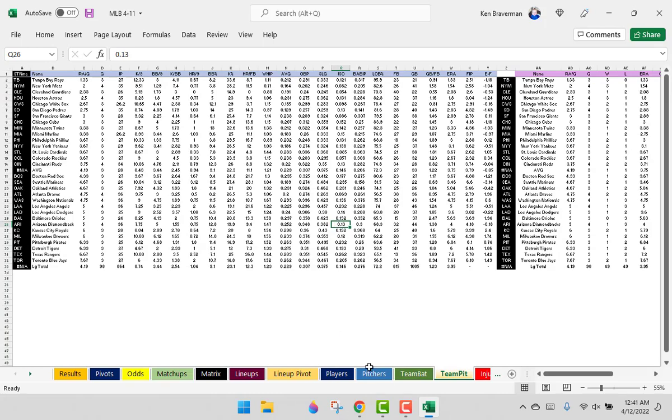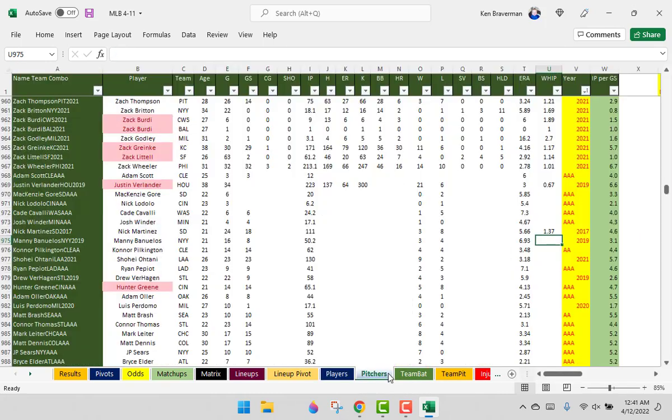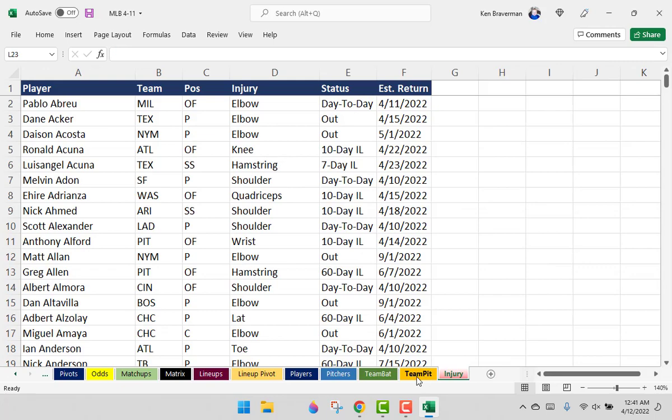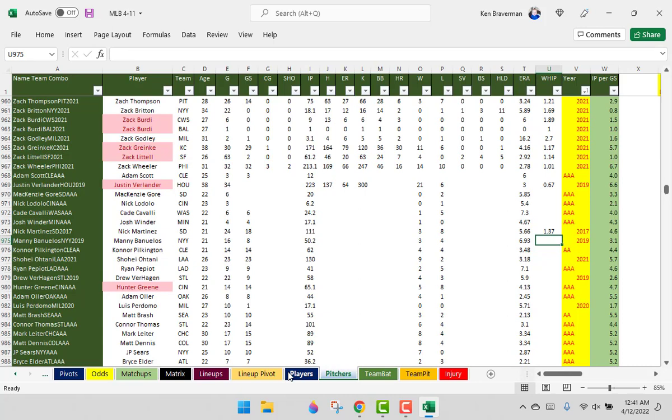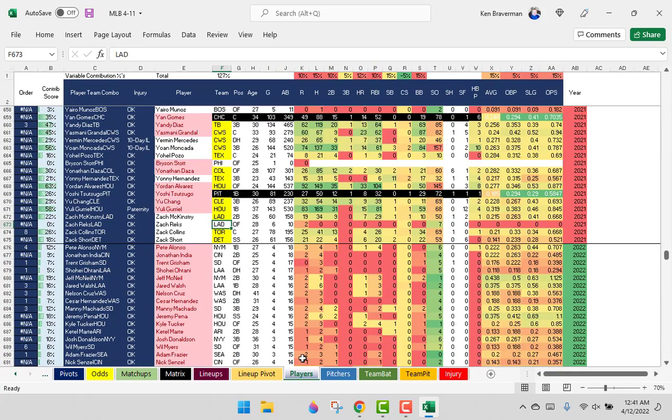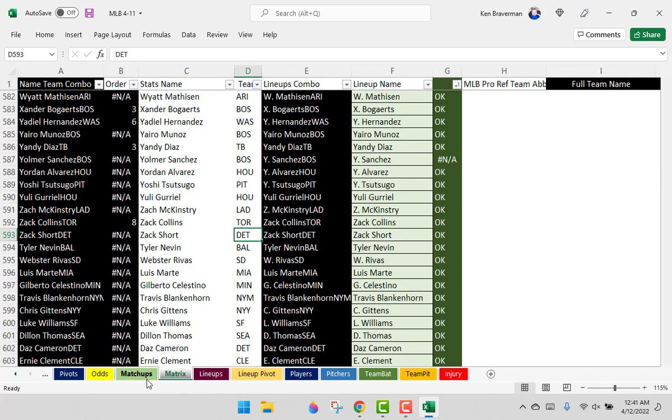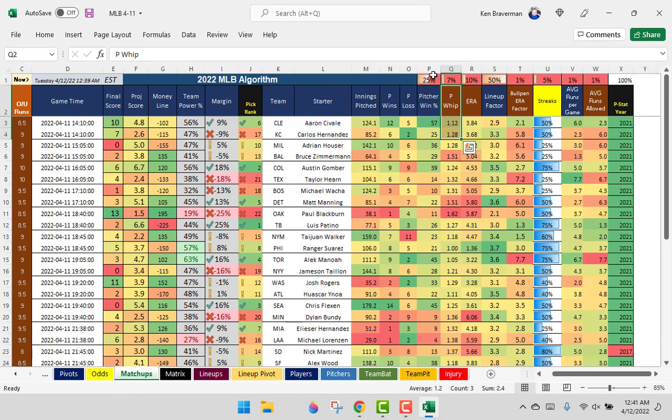Somebody asked me to do a video about all the tabs in the file and where they're all coming from. I will get to that as they get more finalized for the year, but we're combining stats between 2020 and 2021 and even prior, 2021, 2022, and then even prior to that sometimes. So it's just a disaster right now, but as soon as you get to the end of April, you can pretty much stick with current season stats, and then when you do that, you'll end up weighting your pitcher win percentage even less. WHIP is okay, and the ERA is okay, but these guys are going to have 4 or 5 starts at most,